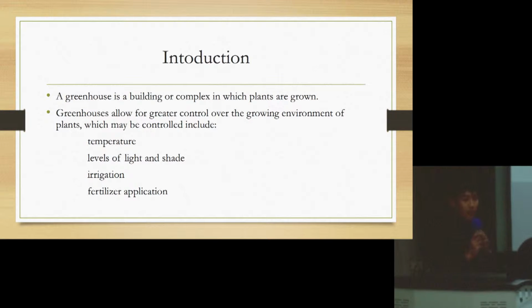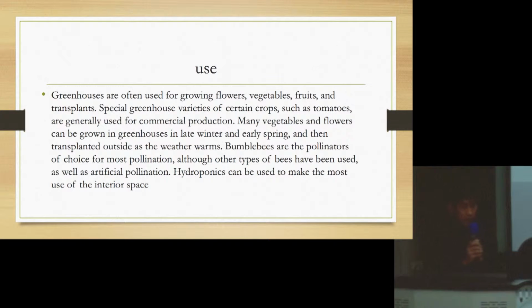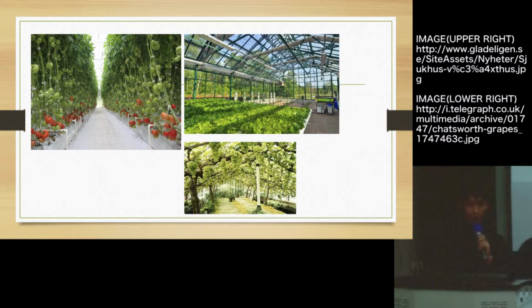Okay, first we need to know what a greenhouse is. A greenhouse is a building or complex in which plants are grown. A greenhouse allows greater control over the growing environment of plants, such as temperature level and other factors. But here's the question: why are we using a greenhouse? Because in the future